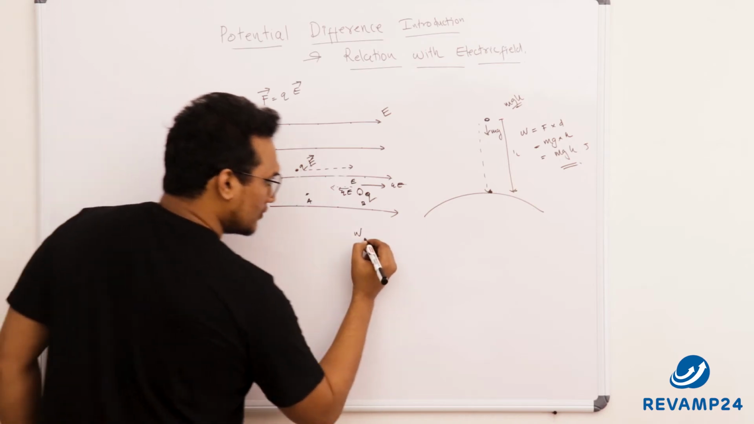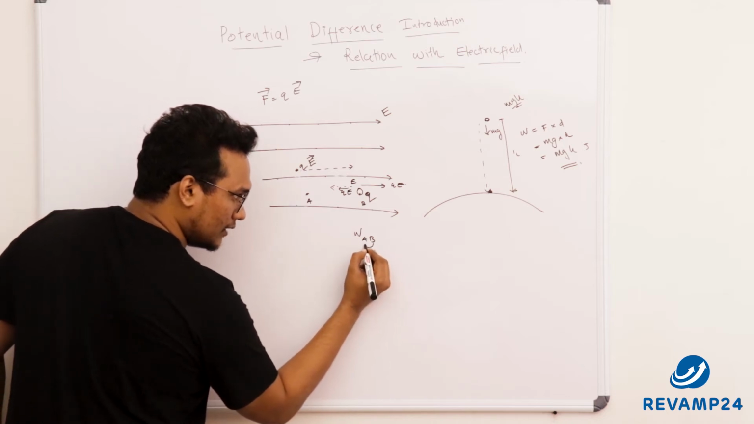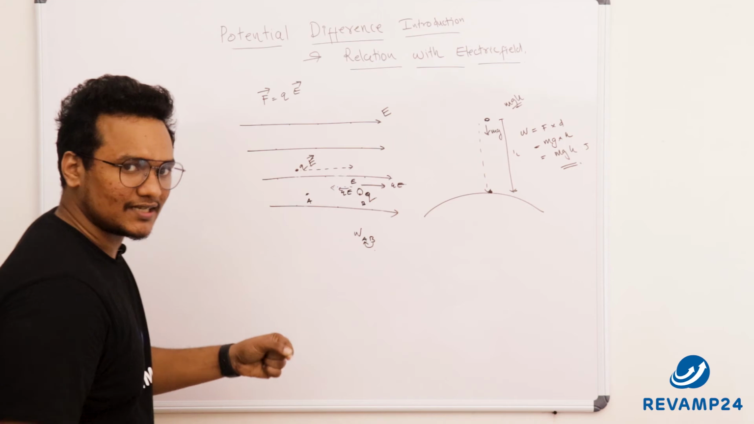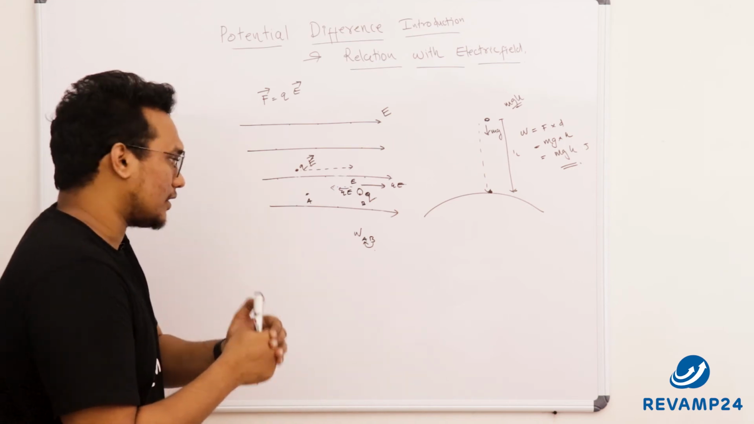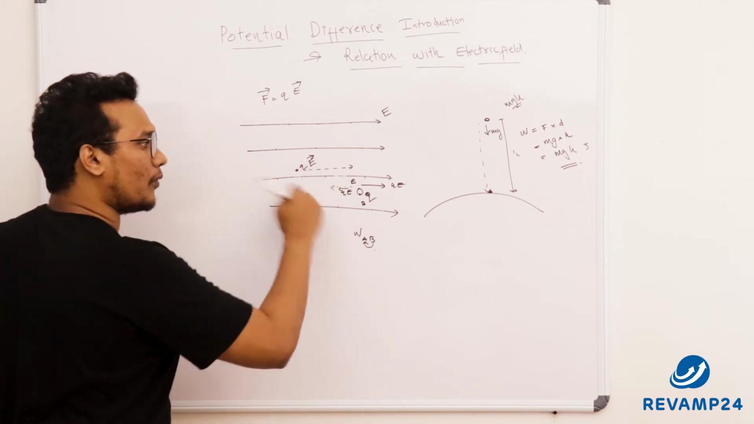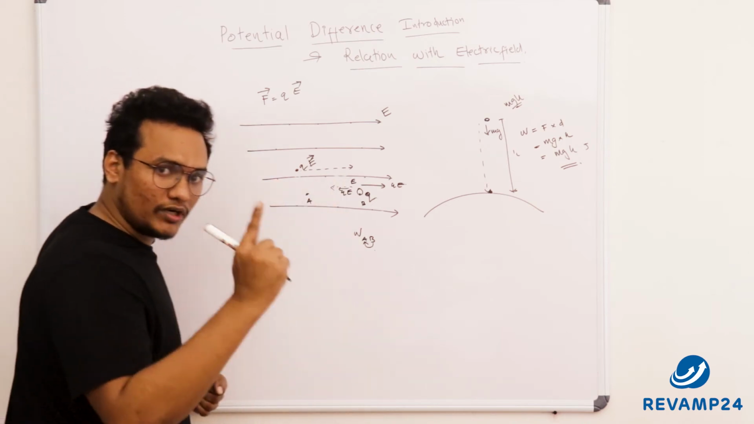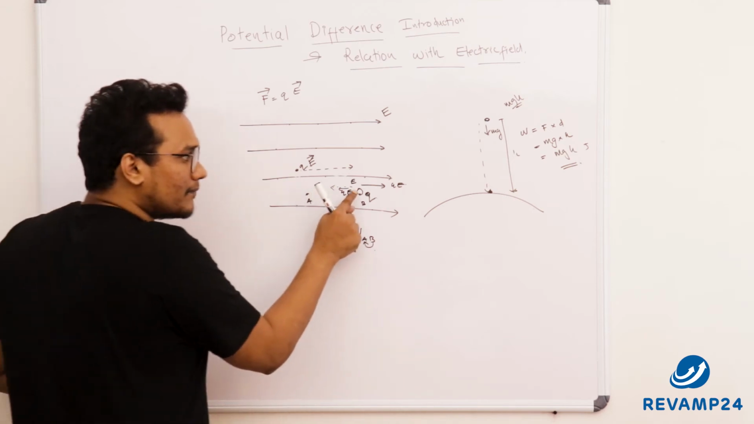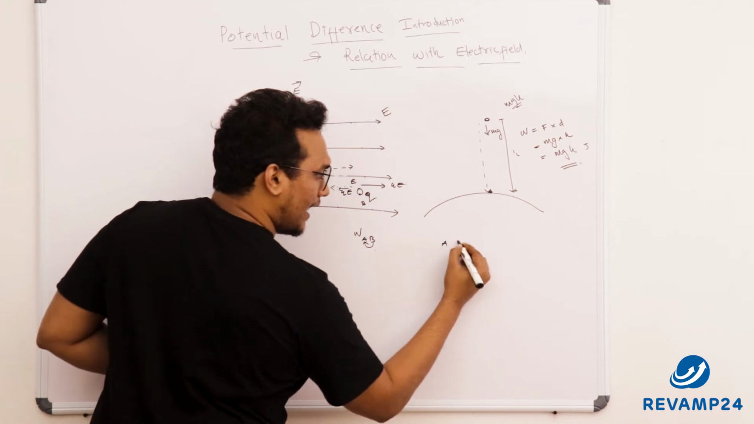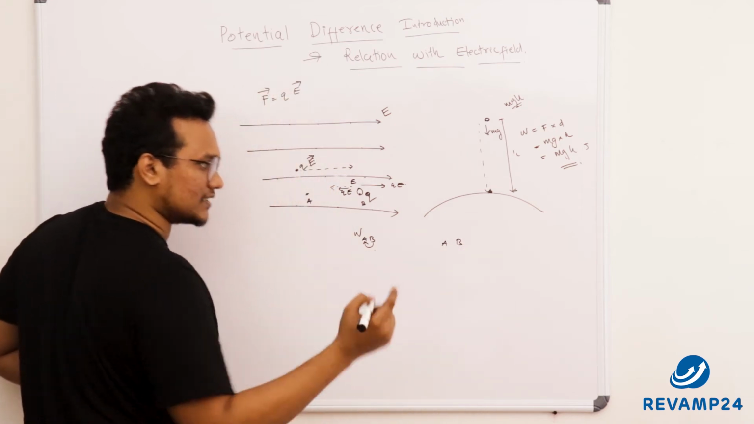So that is WAB. WAB means work done in bringing an object from B to A. Now electrostatic potential difference means, once again let me explain it to you. Potential difference or electrostatic potential difference between 2 points is nothing but work done in bringing unit positive charge from point B till point A. So in between A and B, the potential difference is nothing but work done in bringing a unit positive charge